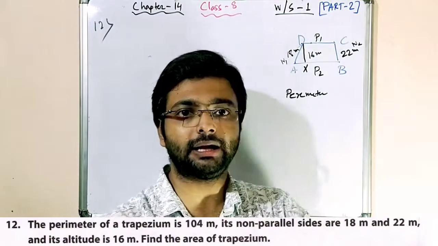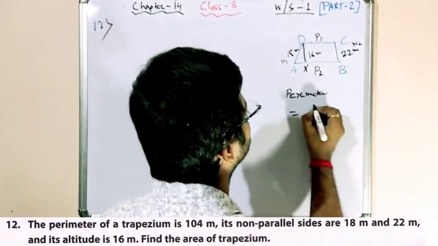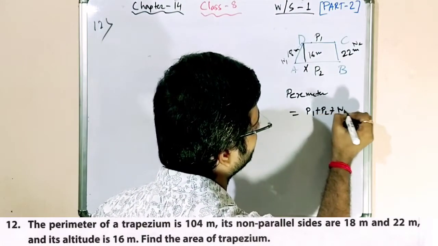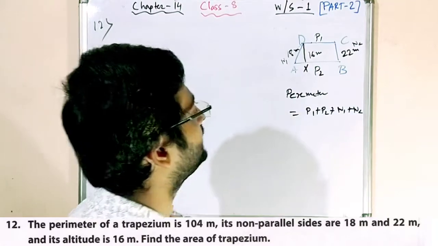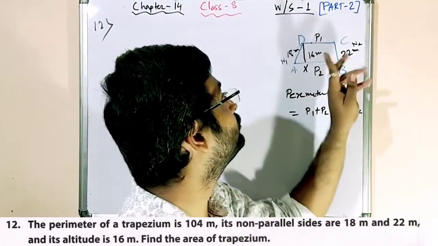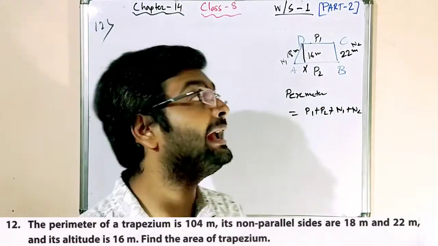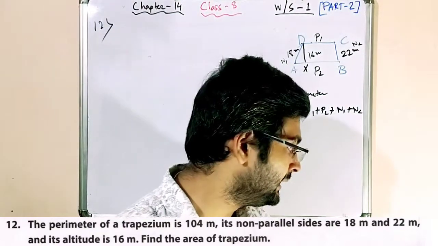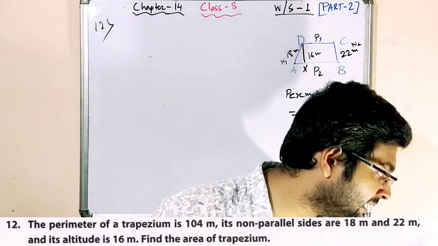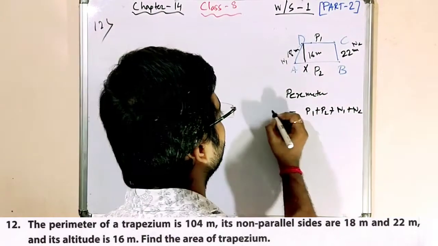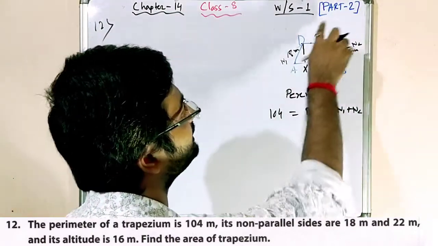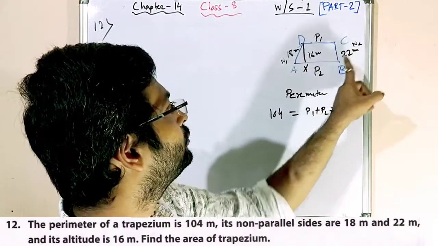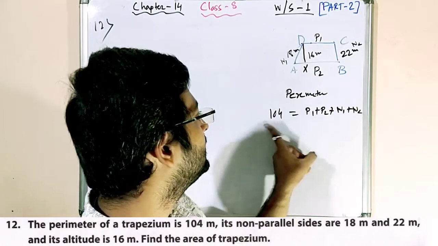पेरीमीटर मतलब बाउंड्री को ऐड करना है ना, मतलब देखो P1 प्लस P2 प्लस N1 प्लस N2 है ना। तो देखो यहाँ पे दो वैल्यू नॉन पैरेलल साइड्स का लेंथ दिया गया है, हमें एरिया फाइंड आउट करना है और कुछ नहीं। एक बार देख ही सकते हो, स्क्रीन में भी क्वेश्चन है। द पेरीमीटर ऑफ ए ट्रापेजियम इज 104, तो इसका वैल्यू क्या है? 104 इन टोटल। पेरीमीटर मतलब बाउंड्री को ऐड करते जाना है। तो ये N1 है, P1 N2 P2, सोचो अगर हम ऐसे सोचे तो दैट इक्वल्स टू व्हाट?